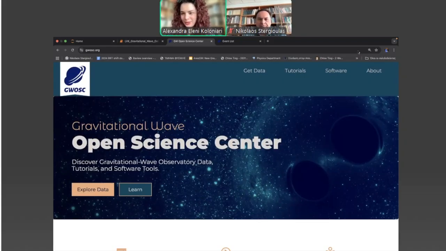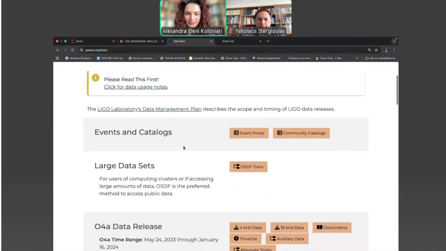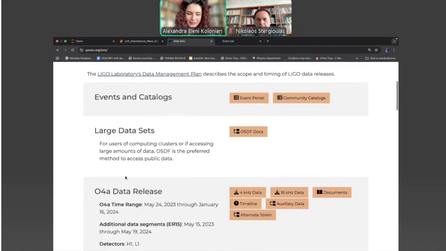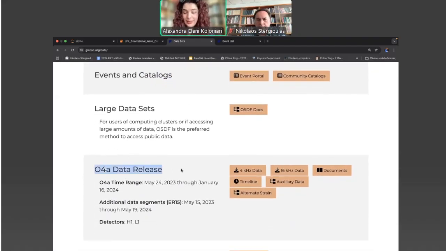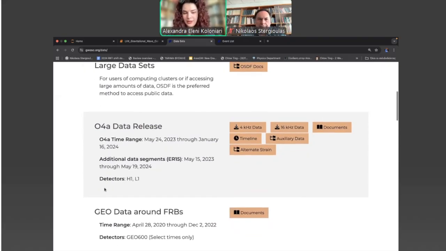But the most important is that you can actually explore the data here, and you can find the events and the catalogs that those events belong to. You can find the different data releases from all the periods that are publicly available so far.